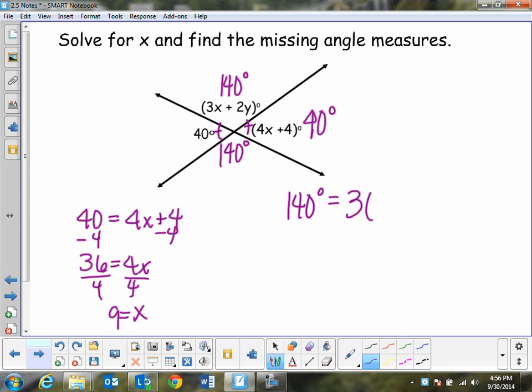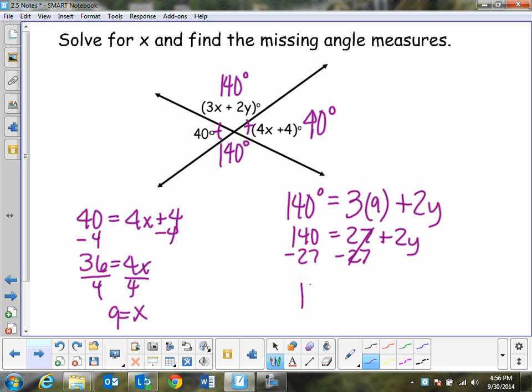We know x is 9, so I'm going to plug in 9 for x, plus 2y. So we're going to solve for y as well. So 140 equals 27 plus 2y. Subtract 27. 113 is equal to 2y. Divide by 2, divide by 2. Y will be equal to